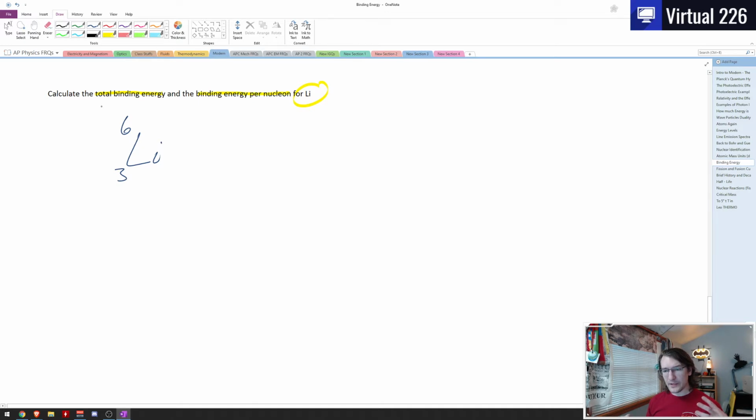Now, to calculate our total binding energy, and then to eventually get the binding energy per nucleon, we're looking for a mass difference in lithium. If we look it up in a textbook, we would know that the mass of standard lithium is 6.015122 atomic mass units. But if we add up the 3 protons in lithium, and then we add to it the 3 neutrons in lithium,